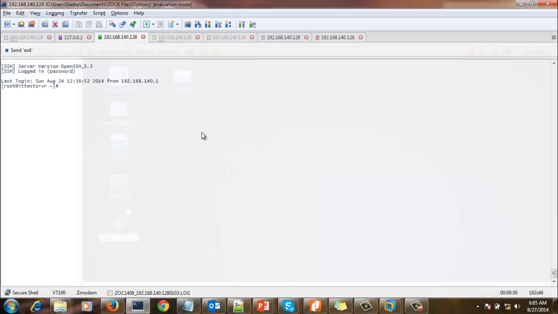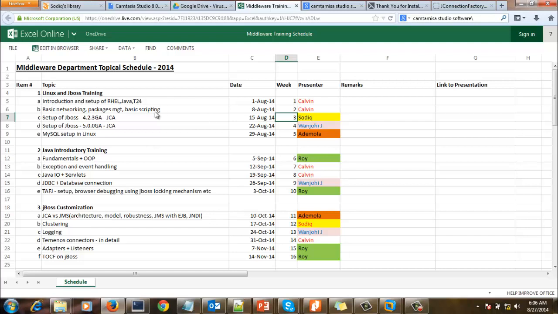So having said this, our last presenter has taken us through setting up an environment on T24. So based upon that knowledge